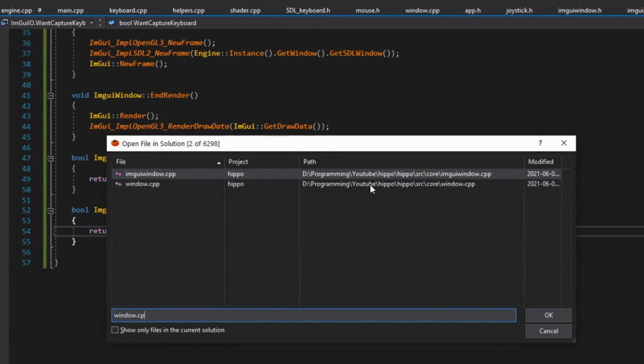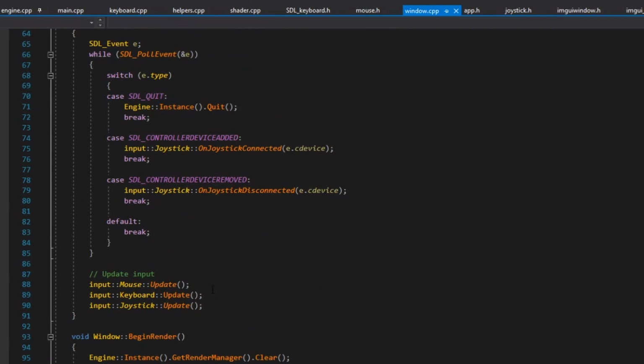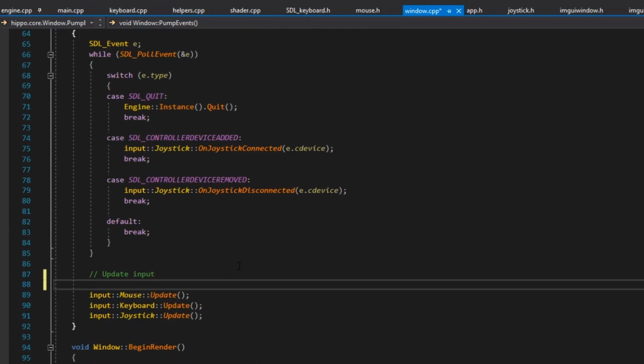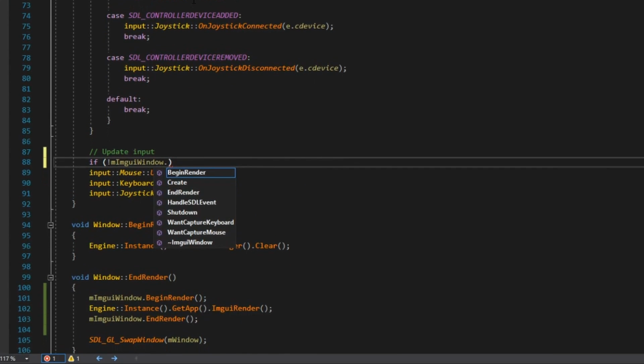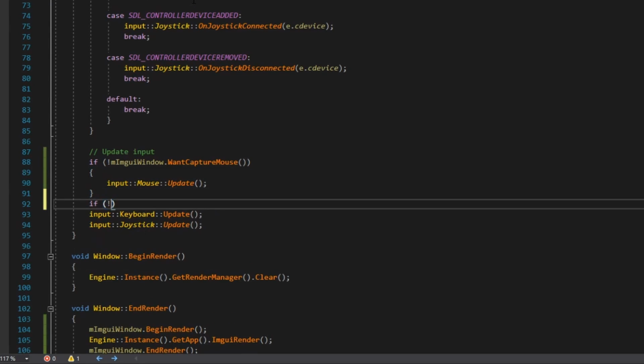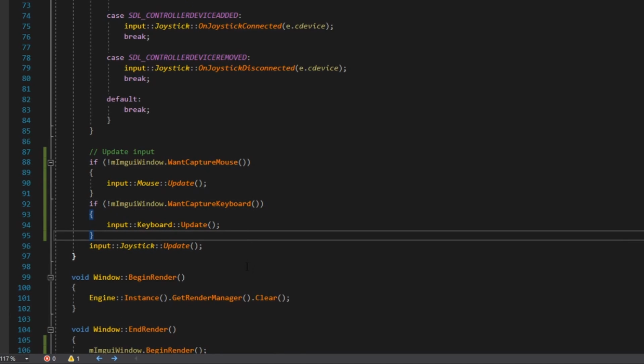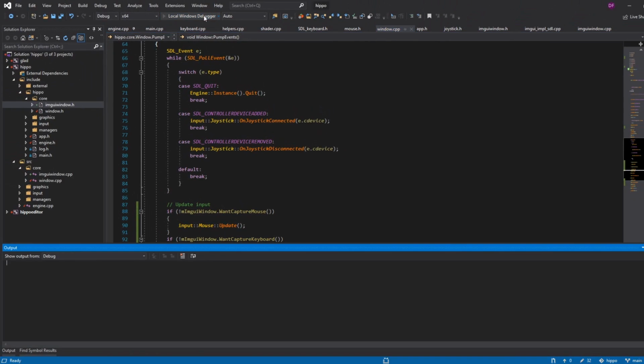And then on our window.cpp, which is where we update our input, we only want to update our input if Imgui isn't currently taking them, right? So if not ImguiWindow.wantCaptureMouse. So if Imgui does not want the mouse, I can update the mouse. Same here, if not ImguiWindow window.want_capture_keyboard, then I can update the keyboard. And so now if we run that again,